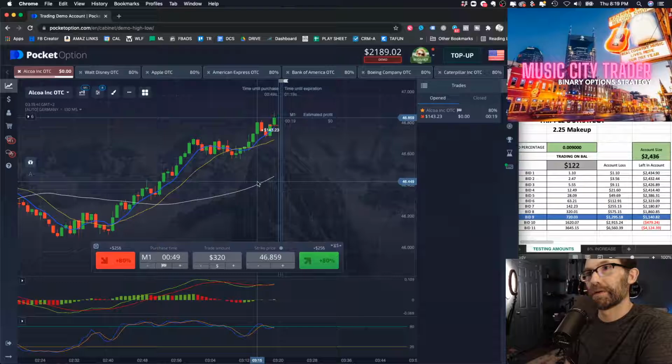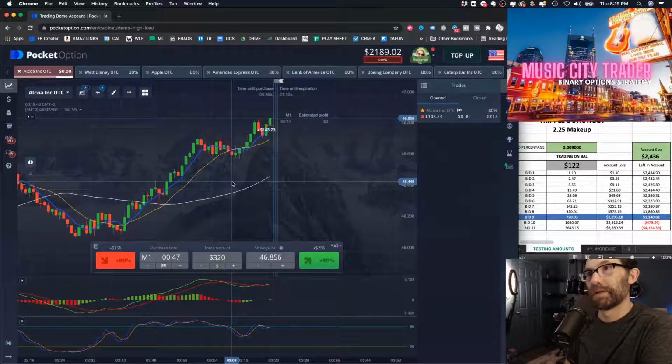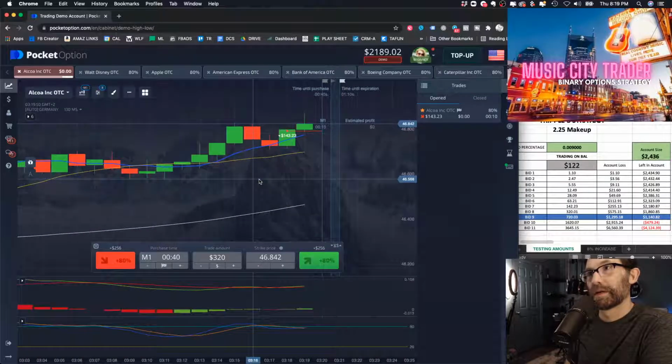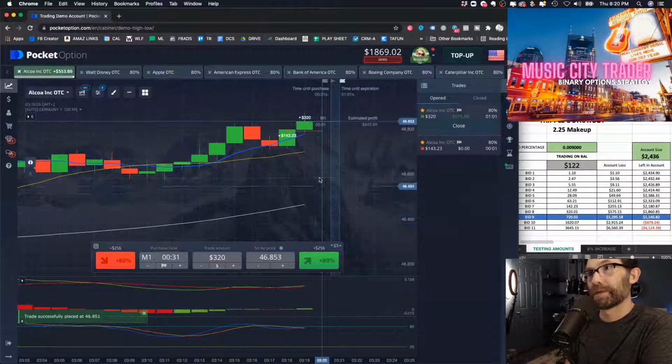It kind of looks like it's on an uptrend too. If you look back, it's going up, and then it's going down, then it's going up. It goes down a little bit, it goes up. I'm going to just make this an up call. I'm going to call this one up again. It goes down here like this. I'm going to make this an up call because I think